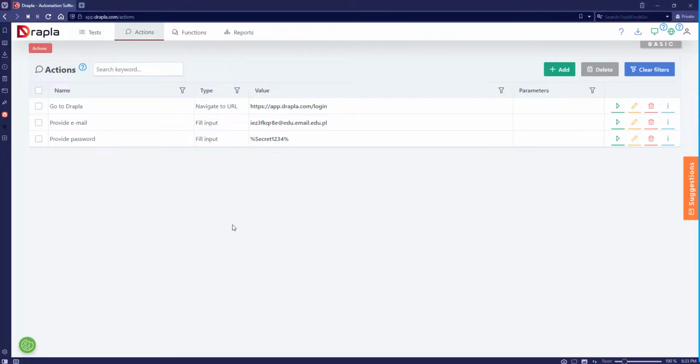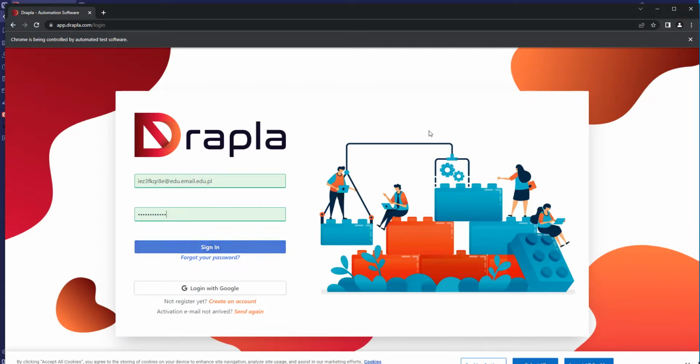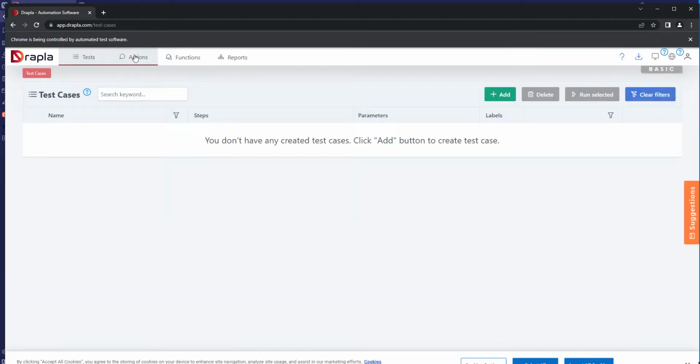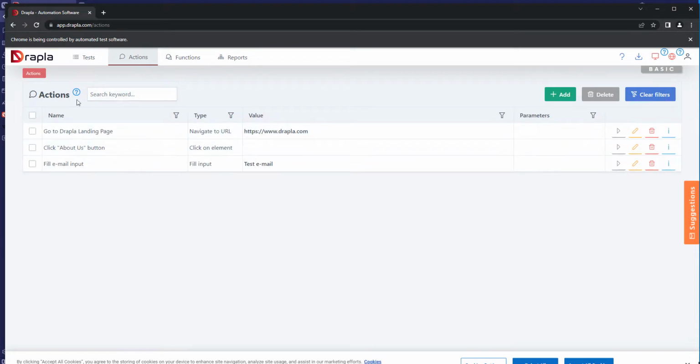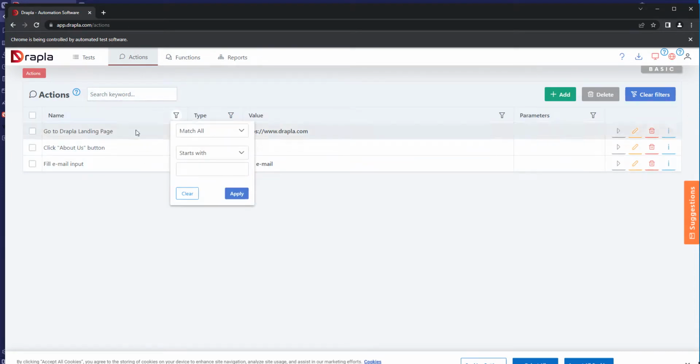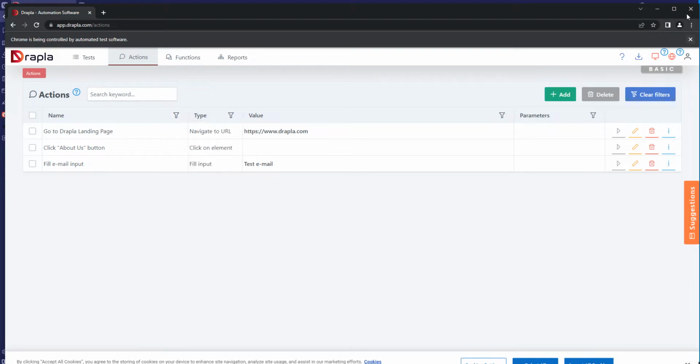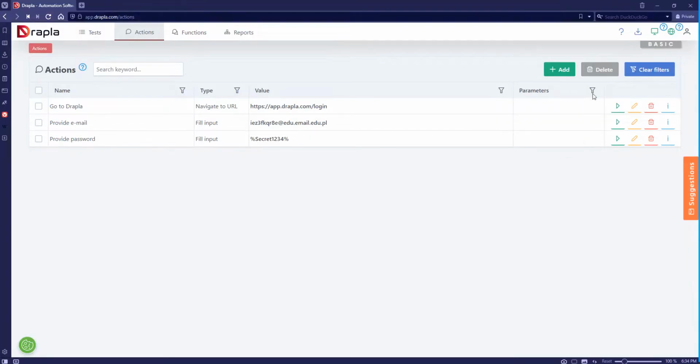Hello, in this video I will show you how to create your first actions with the click on element type. Last time we finished on pressing the sign in button, and in this video I will show you how to press the sign in button. Then we want to press the actions button, and after that click the filters name button. So we have to prepare three kinds of click, and in the first one we will click the sign in button.